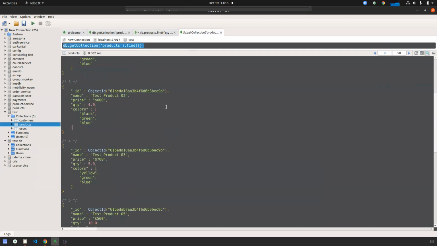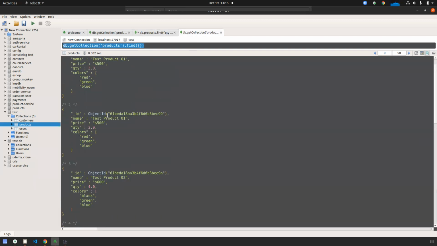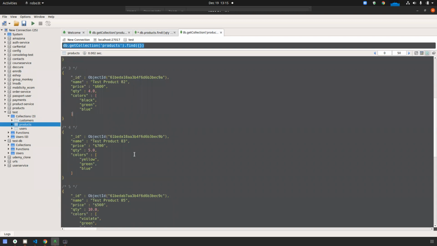Like I'm giving another thing, quantity 3. There is no matching data. I need to insert more.